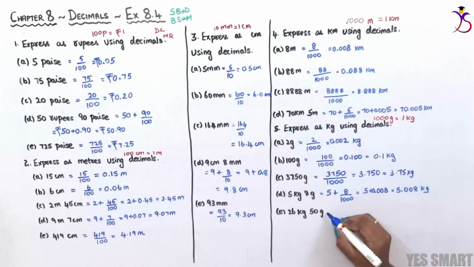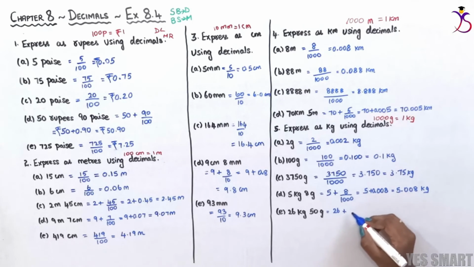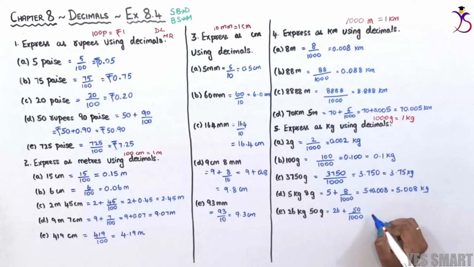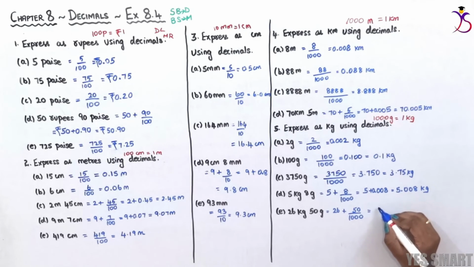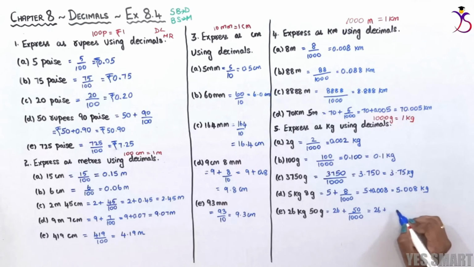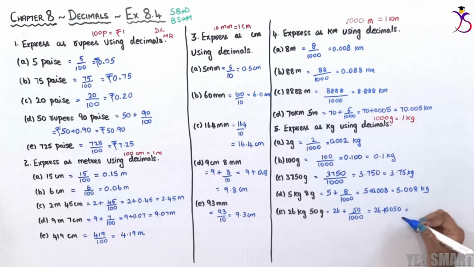And the last sum, let's keep the 26 as it is. 26 plus 50 by 1000. So 26 plus 1, 2 and 3. So keeping the point here, writing a 0 in front. So on adding, we will have 26.050